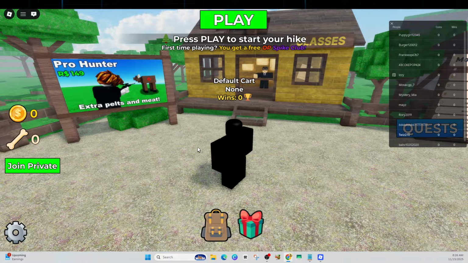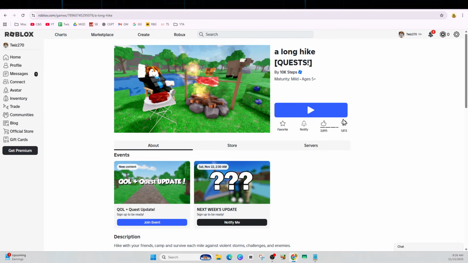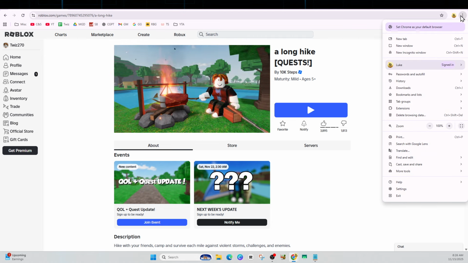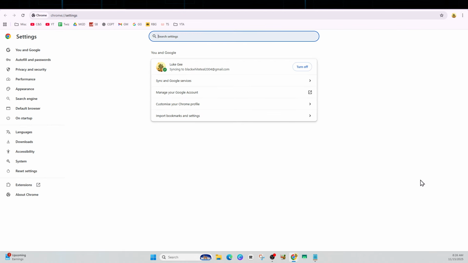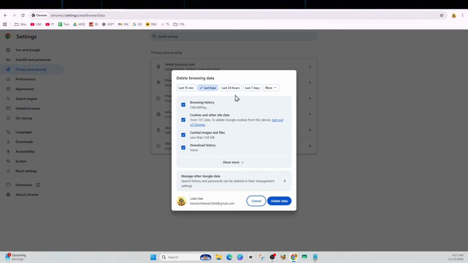So the first fix is to fully close any Roblox or browser app. So exit any Roblox game. And then from here, you want to clean your browser. This can be Chrome, Edge, etc. or the Roblox app. I'm using Google Chrome. Click on the three dots, click on settings. On the left hand side, we've got different tabs. Click on privacy and security. Now find delete browsing data. And now make sure cached images and files and cookies and other site data are selected, and click on